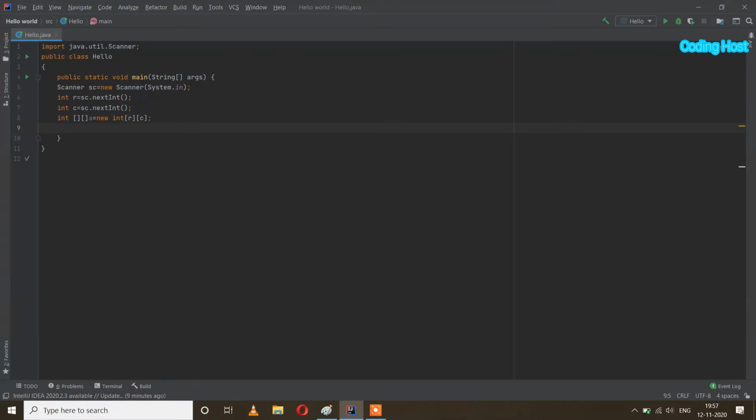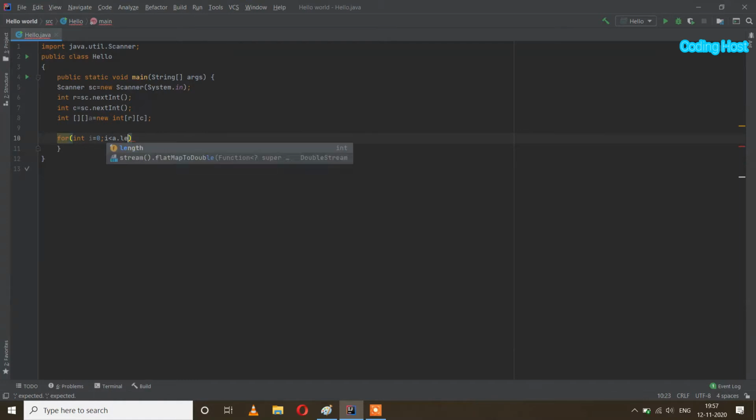After that we also have to input elements in this array. So I will take two for loops: for int i = 0 and i less than a.length and i++, and inside this for loop I will take another for loop for int j = 0 and j less than a[0].length and j++.